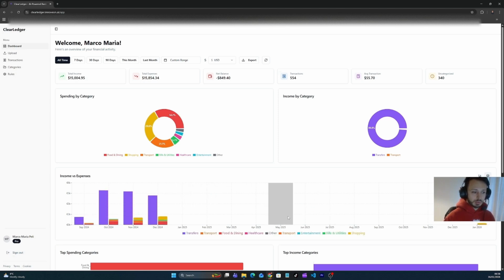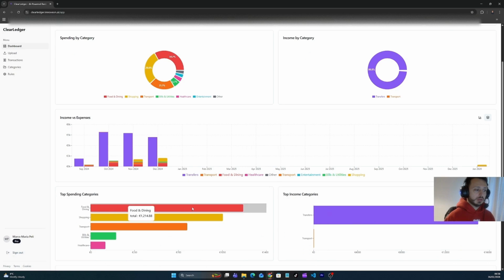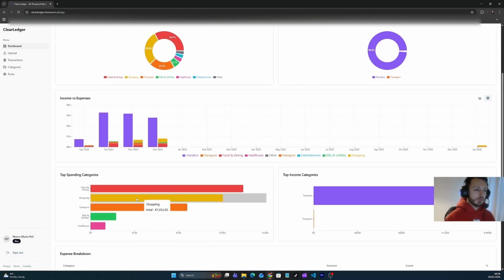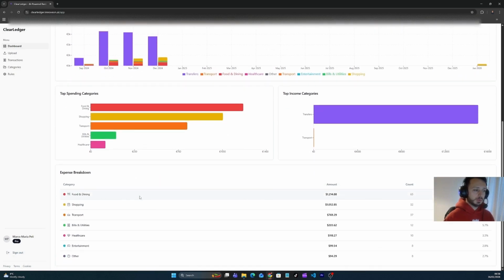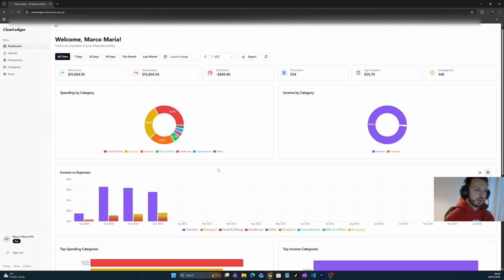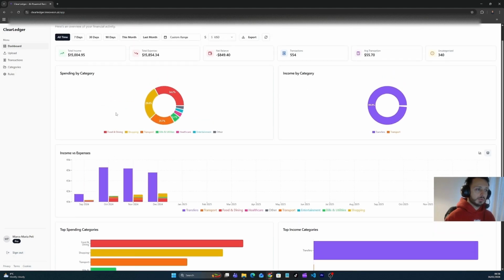I also introduced a clustered view that splits the income or expenses based on their category and stacks them by color. There's another overview on the top income and top spending categories, and here you have another important overview that gives you a summary. Another cool feature, as you can see here from the top, we are able to change